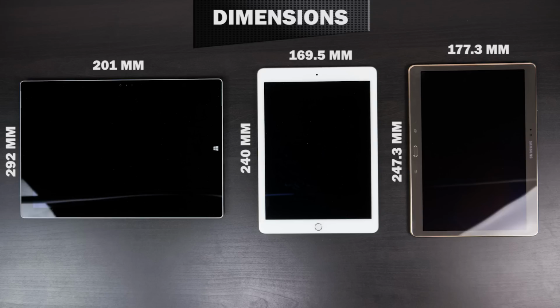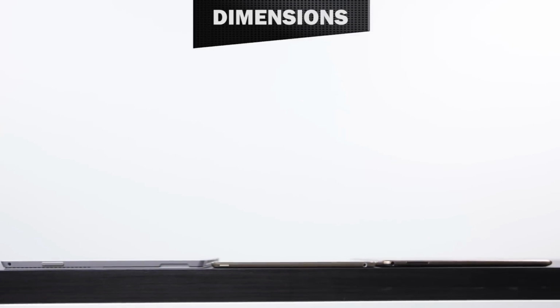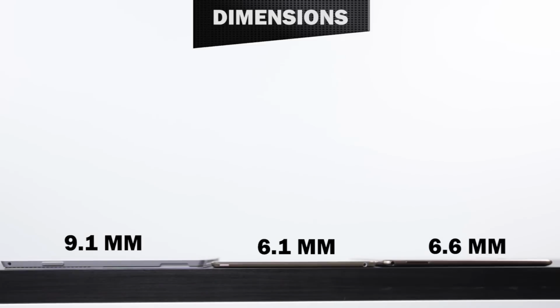The Air 2 is about 240 millimeters in height and 169.5 millimeters in width, versus the Tab S, which is 247.3 millimeters in height and 177.3 millimeters in width. Now, in terms of thickness, you can see that the Air 2 is extremely thin, measuring only about 6.1 millimeters. The Tab S isn't far behind at 6.6, and the Surface 3 is certainly the thickest at